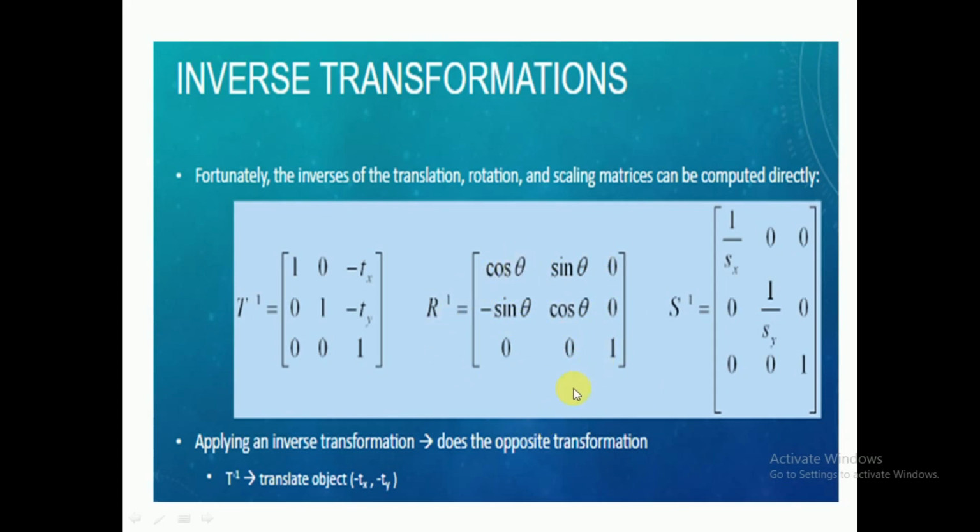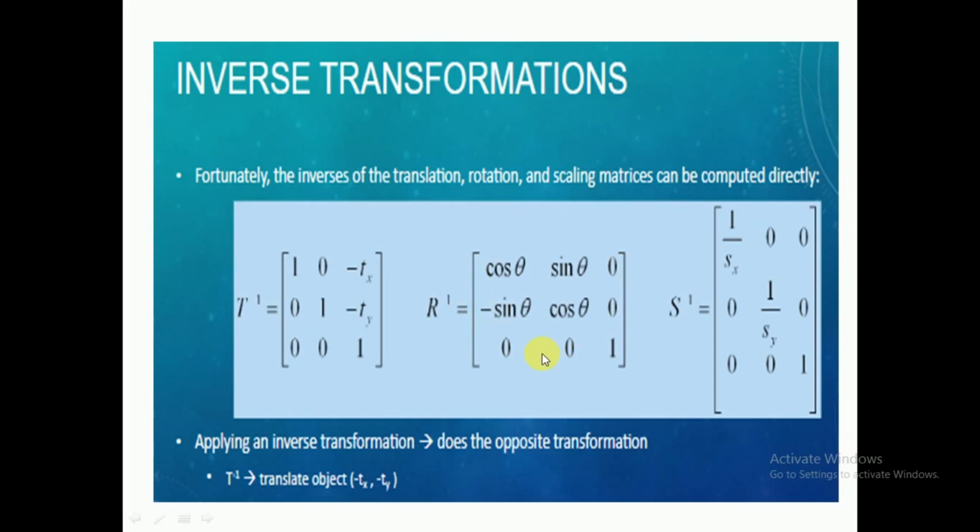If I derive the equation for minus theta, then the inverse matrix will come here. For a normal, counterclockwise matrix, I'll recall: cos theta, minus sin theta, 0; sin theta, cos theta, 0; 0, 0, 1 was the counterclockwise rotation. Now this is a clockwise rotation, that's the inverse. That's why the minus sign of this sin will move here. This is the inverse rotation. This is a clockwise rotation.